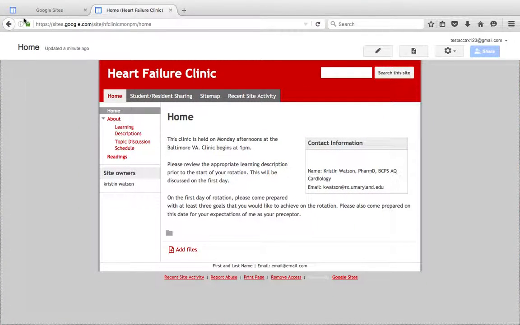Here is a Google site that I use for one of my rotations. As you can see, I'm logged in here with a test account. One thing that's really great when you create a Google site is that information from Google's web pages is very helpful in giving you suggestions for templates for creating sites and providing you with information on how to go about creating